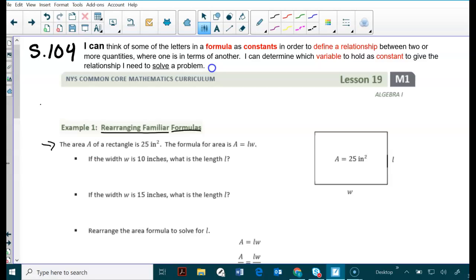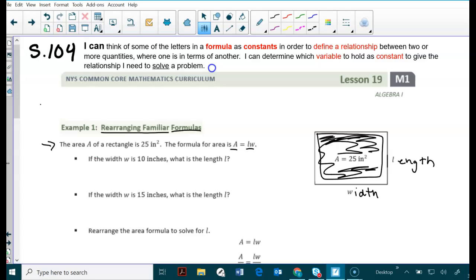I know from before from other classes that area equals length times width. So when I take the length, L stands for length, and I take the width, W stands for width, of any rectangle, it's going to give me the area, or the entire inside surface of this rectangle, right? And now our problem is going to give us some information that we can use to rearrange this formula. So if the width is 10 inches long,